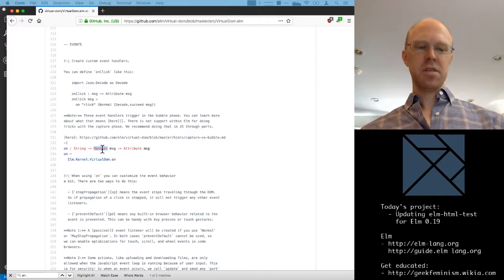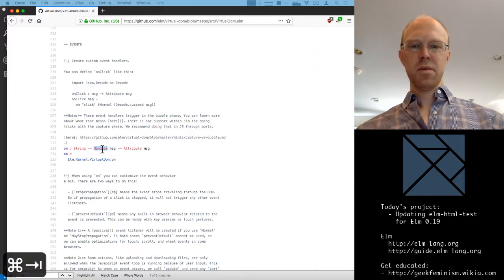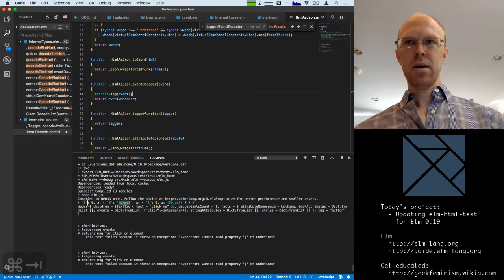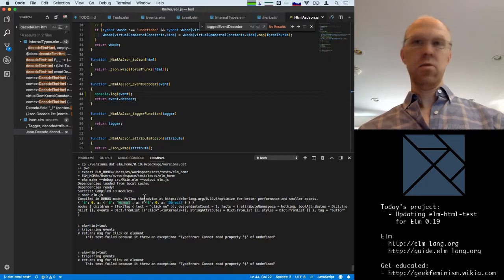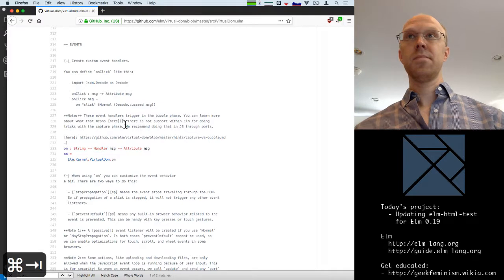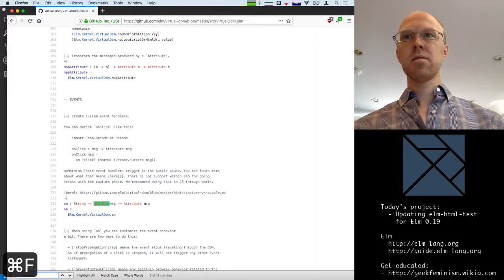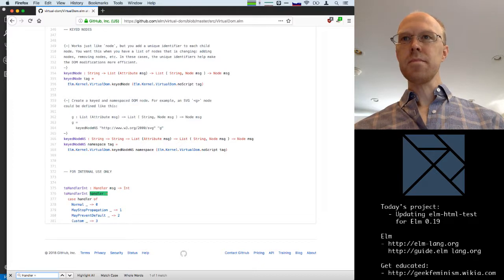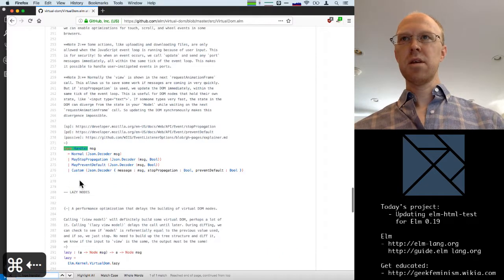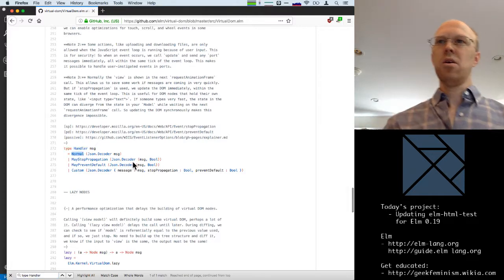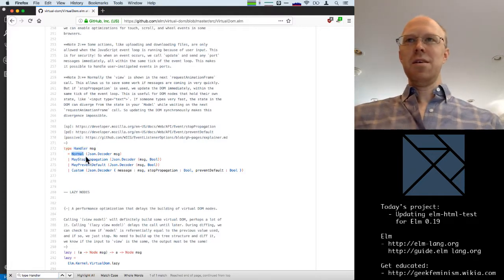I'm wondering if this handler might be what's stored in this object. So I'm going to check handler and see if it's a union type that has a constructor called normal. If so, that's a lot of information already. Yeah, okay, that's looking promising. Type handler. Okay. Ah, fun.